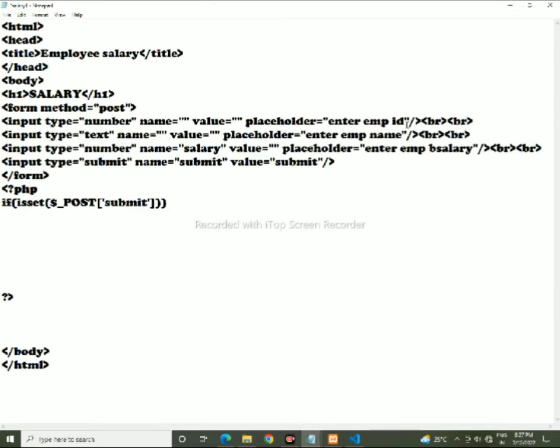Now we will see the question, what we want in PHP. So we need first the basic salary. So where is the basic salary? For basic salary we will give the first variable. So variable name is B salary. We will start from dollar in PHP. All variable names start with dollar. So dollar B salary is equal to